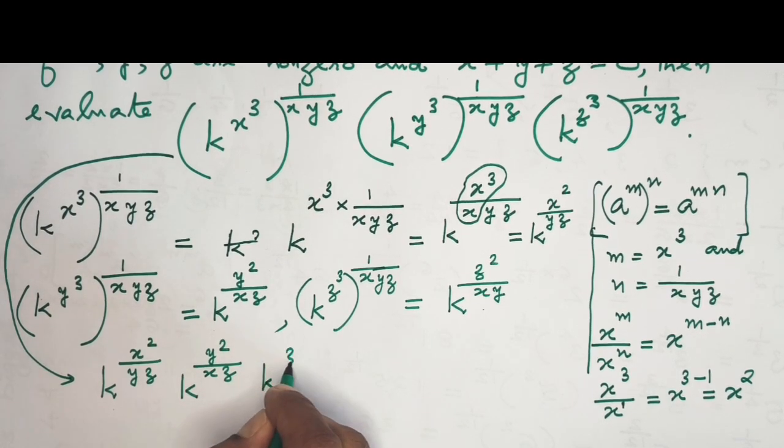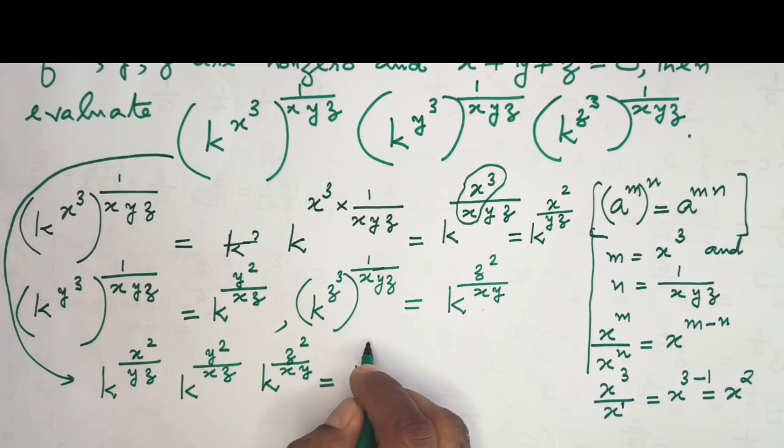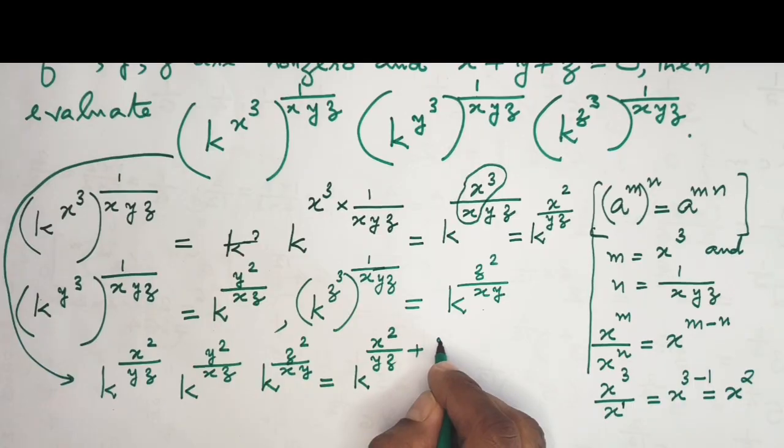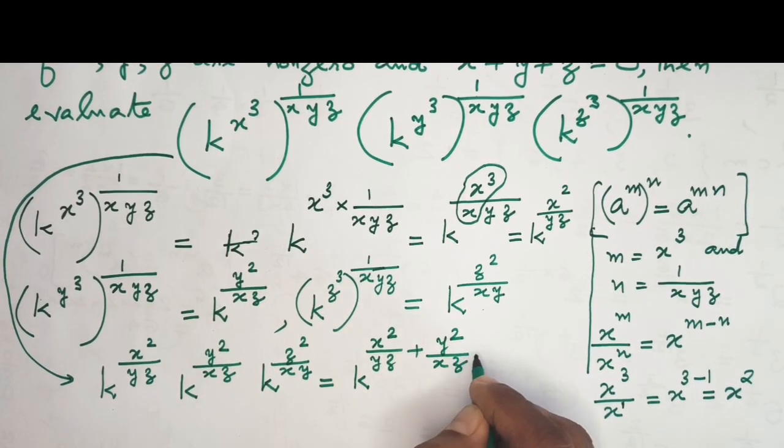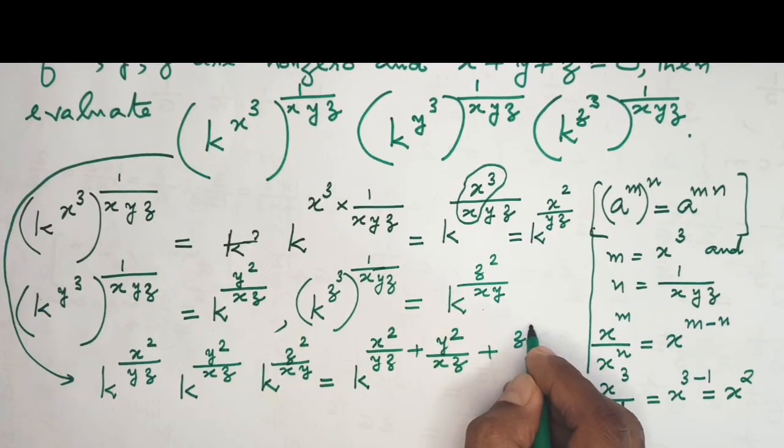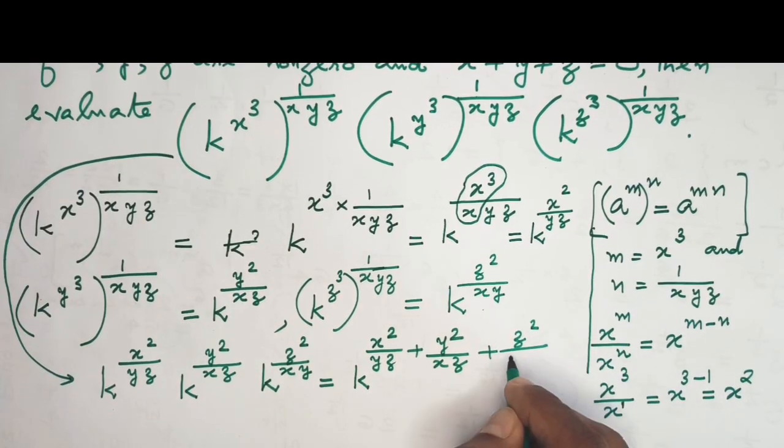Third term is k to the power of z squared by xy. This equals k to the power of x squared by yz plus y squared by xz plus z squared by